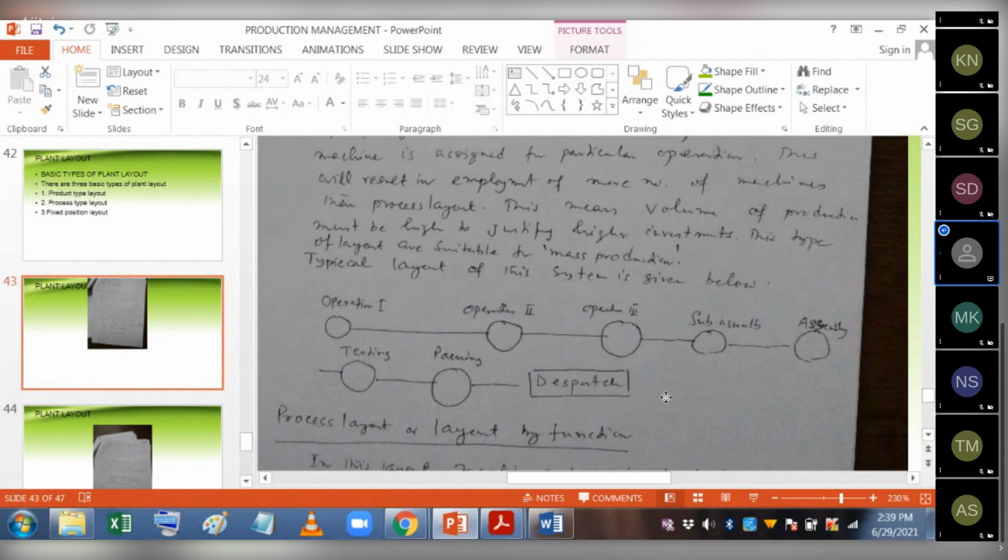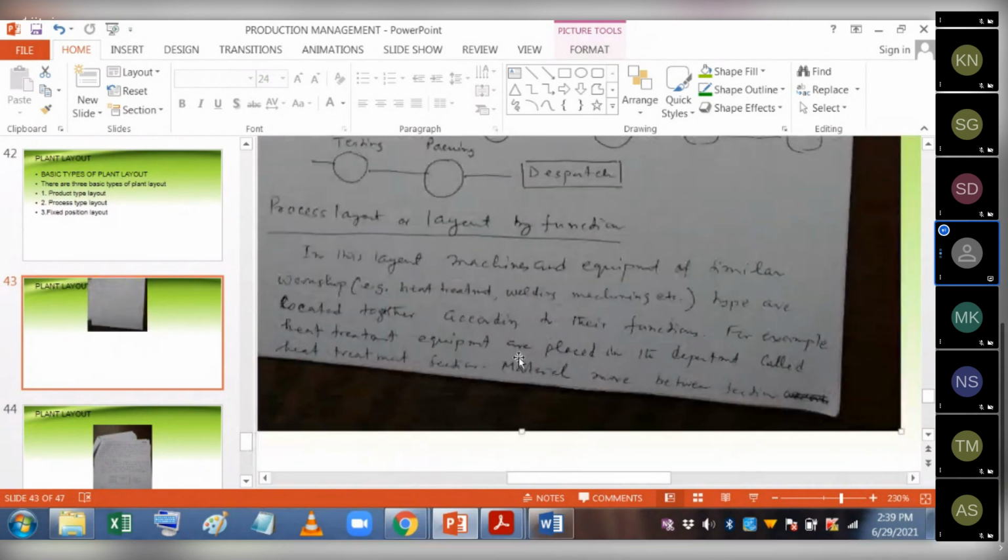Now we come to process type layout. একটু লেখাটা বেঁকে টেকে গেছে, যাই এটা আমি পরে ঠিক করে দেবো, কিন্তু জিনিসটা বোঝাবার জন্য এটা যথেষ্ট। প্রসেস টাইপ লেআউটটা আমি অলরেডি বলেছি না, এটা একটু স্মলার সাইজ অফ প্রোডাকশন।